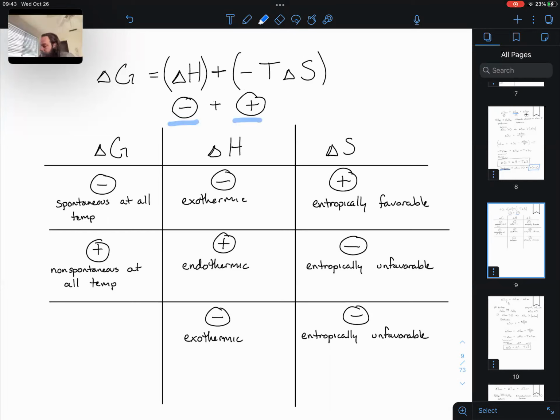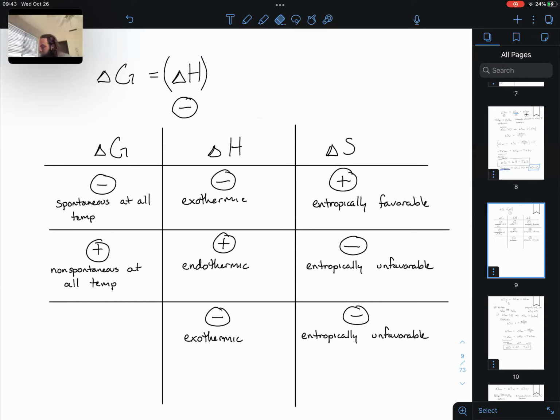Now, one thing to note is that this term is not just delta S, but delta S times negative T, right? So the magnitude of this term right here is going to be dependent on the temperature. So what do I mean by that? Well, let's think of a very simple example. Let's say that we're at 0 degrees Kelvin. Let's plug in a 0 for that temperature. Is this going to be entropically favorable or unfavorable? Well, if this term isn't here,